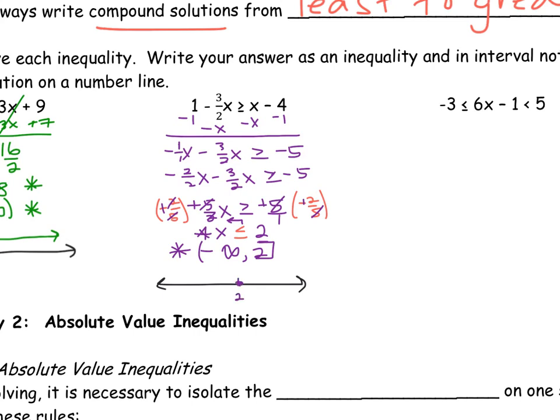For this answer on a number line, the only boundary number you need is that 2, and it's a closed circle. Because the arrow in the inequality answer points to the left, our arrow on the number line will also point to the left. Let's try the